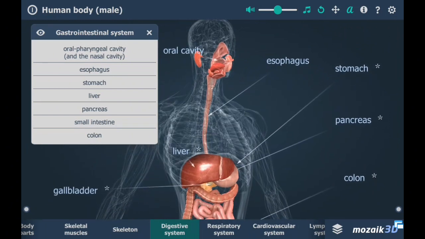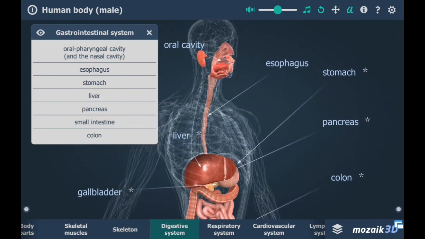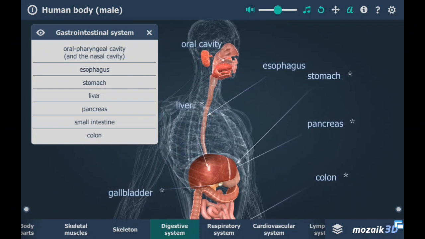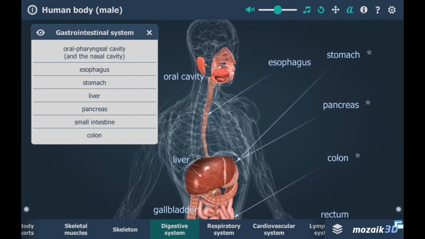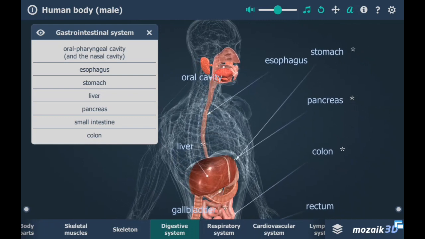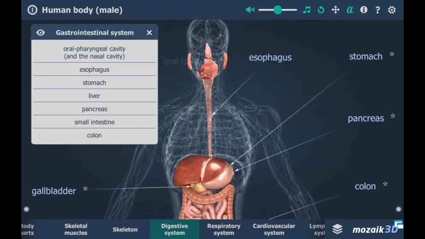In the liver, this is the liver. You see the gallbladder. That's where bile gets stored. Bile is essentially a digester for fats and vitamins. Okay. The esophagus actually